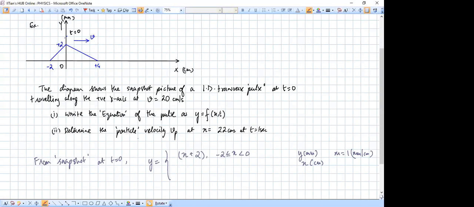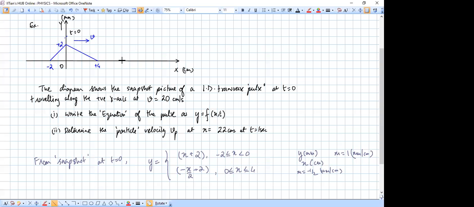And the y-intercept is 2, so it is minus x by 2 plus 2, for x being greater than or equal to 0 and less than or equal to 4. Again, x is in centimeters, so the slope in this part is minus half millimeter per centimeter. Now from this we can understand that at some later time